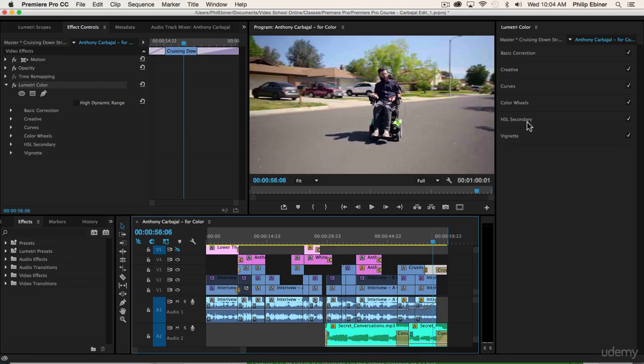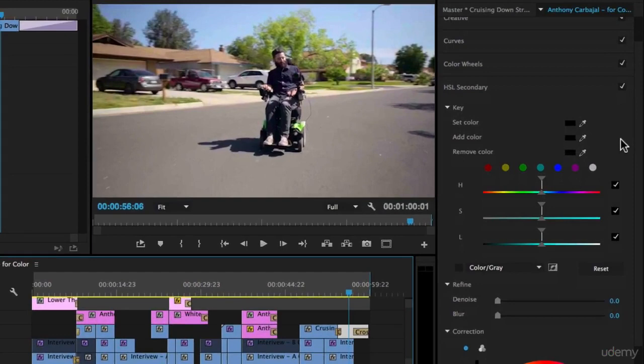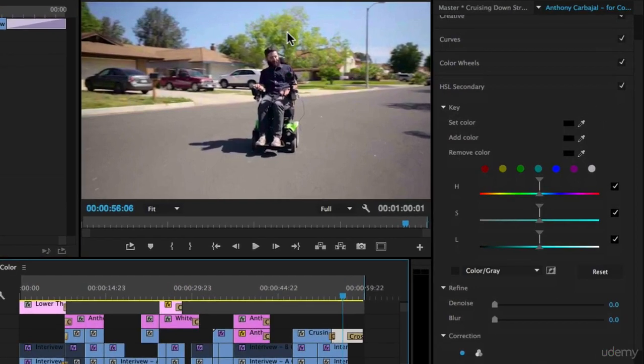Let's learn about this HSL secondary panel. Now I've already edited this last clip here. I can turn off and on that effect so you can see what I've done with this last clip of Anthony cruising down the street. This is a way to affect just a specific color in your frame, and there's more different ways to choose